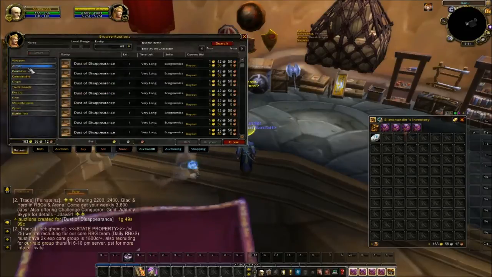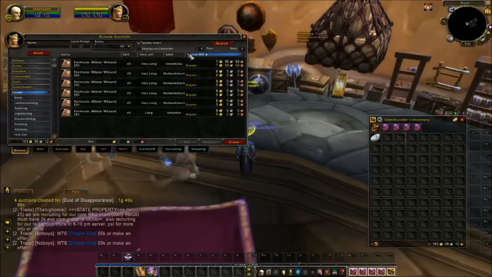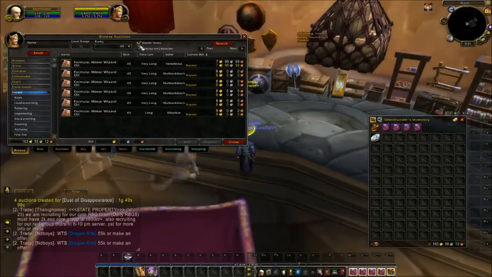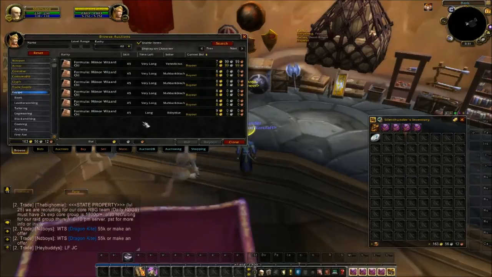And I like to look for recipes. I search recipe, usable items, and then sort it by current bid. I'm pretty sure that's a vendor item, so I'm not going to buy it. But yeah, eventually once I get my skill up, there'll be some recipes here. And I like to look every day and buy out any cheap ones, because quite often those recipes, when you learn them,